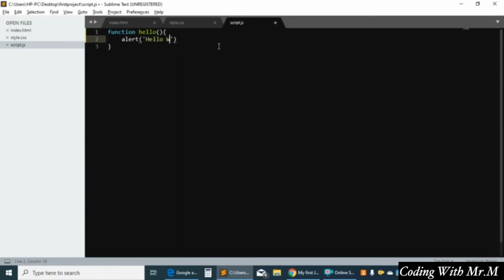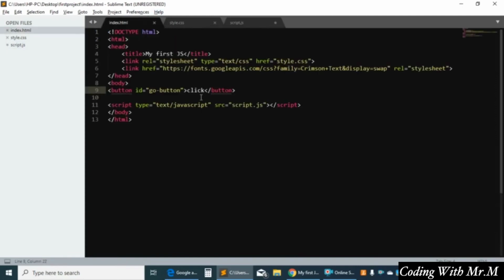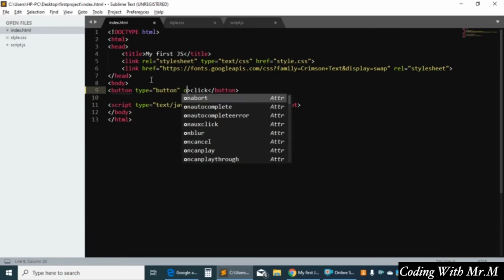Hello world. Okay, so then go to the index HTML and then that's the button. I can change this go button ID and I can give some type button. That's, let's say, button, then the onclick event